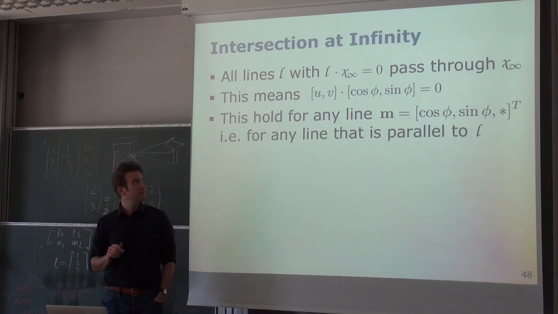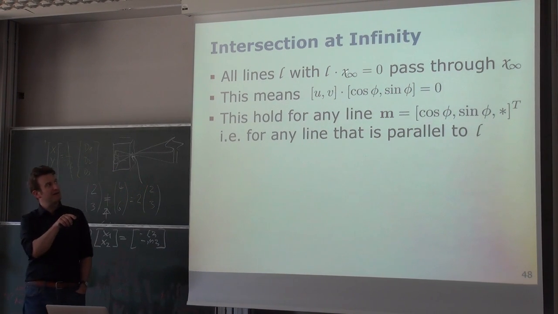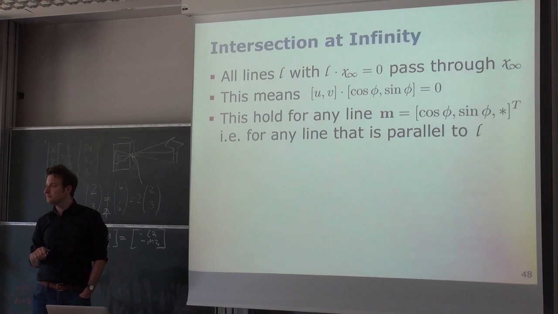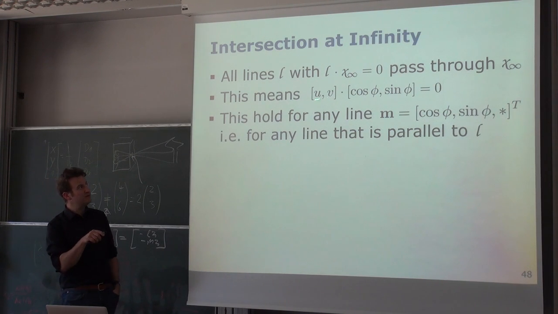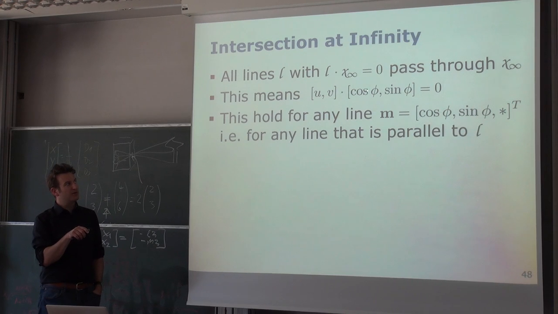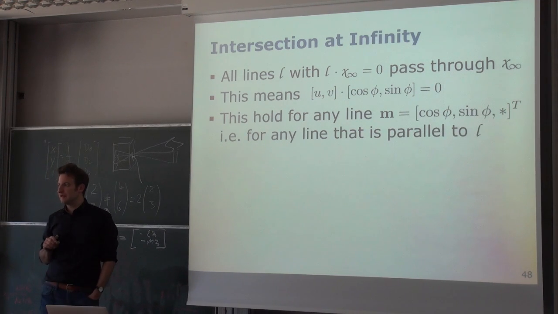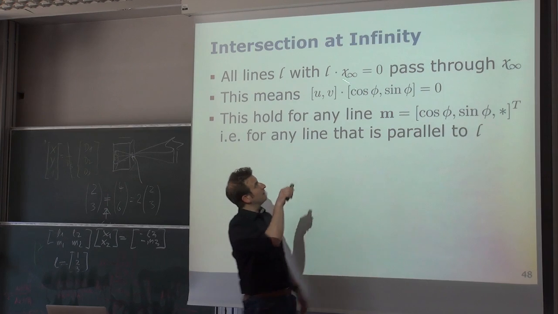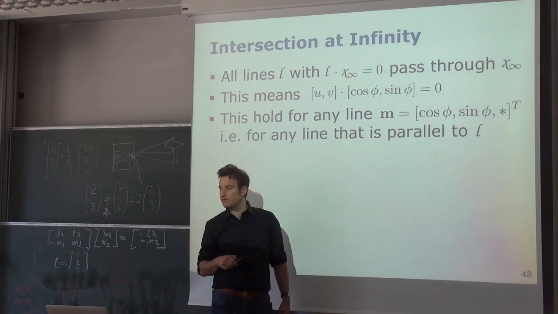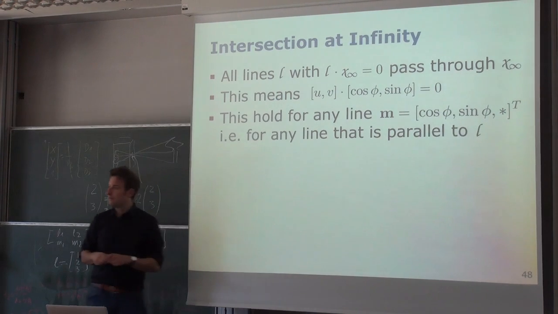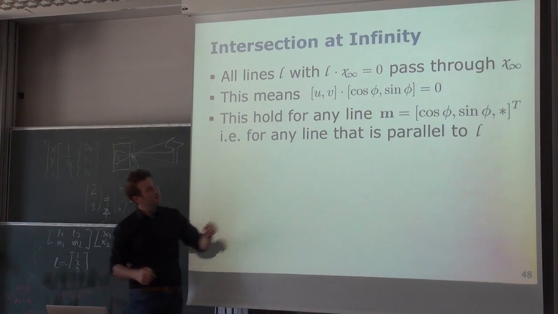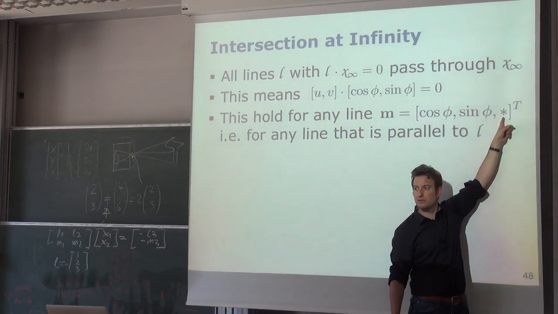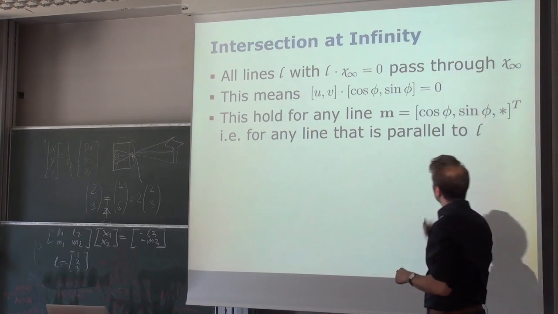the point at infinity. As the last component of this point x is 0, I can ignore the last component of L, because we anyway set it to 0. So I have my u and v in a dot product with cosine and sine of the direction of the line. If I use the Hesse form, it should be 0. So independently of what the last component of the equation of L is, all of them meet at that point at infinity. So any line with cosine phi, sine phi, and here an arbitrary value is a line which intersects at